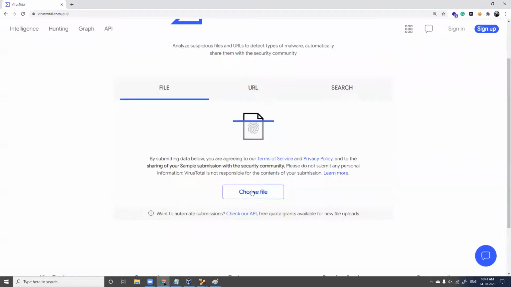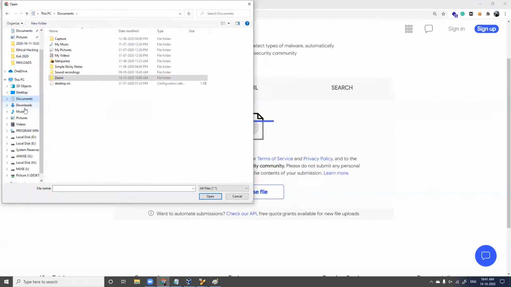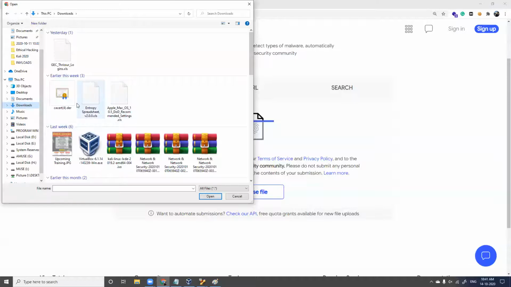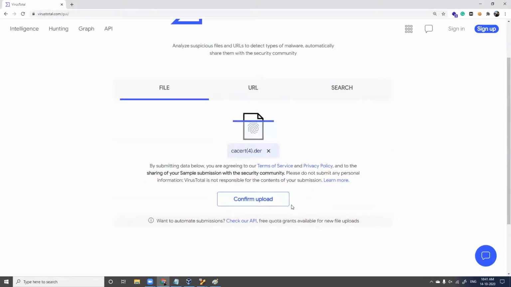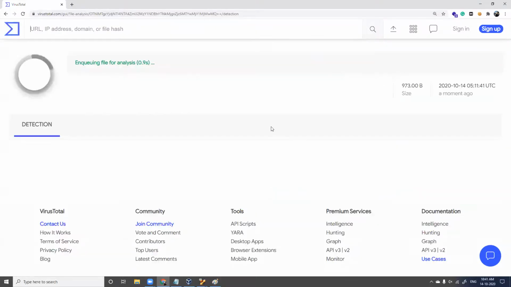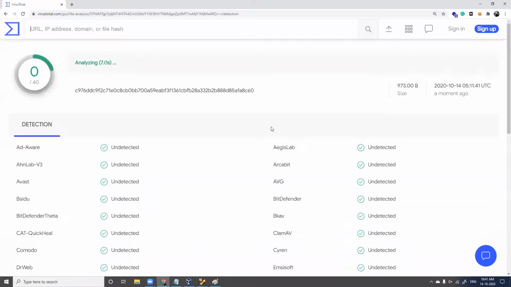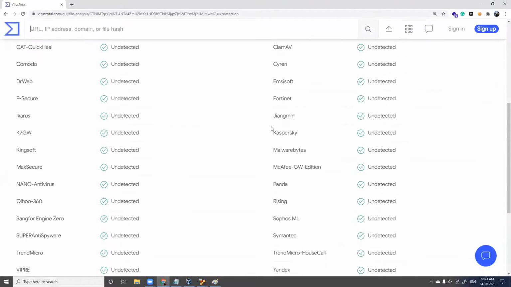You can choose the file here. Fine, choose this file. I'll confirm the upload, and I'll check if the file is genuine or not. Fine. It is going to compare with more than 50 antivirus engines, and it is going to give you results like this.